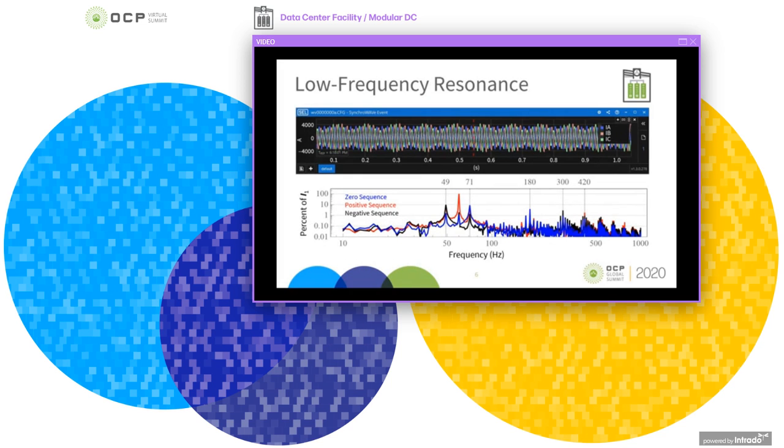So going back to how this theory explains the resonance we observe in our data centers, here is a DFT of the waveform that I showed you earlier. In the DFT, we observe a large red trace at 60 Hertz. That's the positive sequence fundamental component with 100% the amplitude. There is a blue distortion at 71 Hertz. Blue here stands for zero sequence. And there is a coupled component at 49 Hertz with a negative sequence.